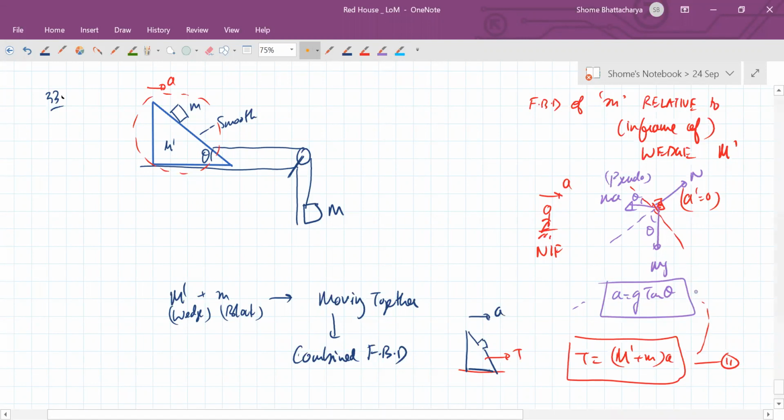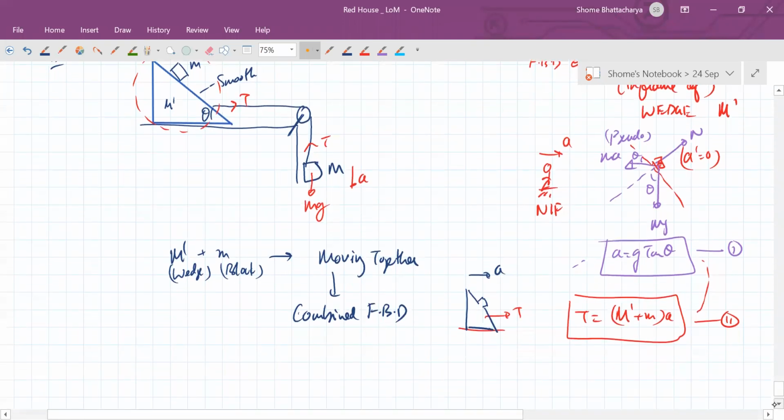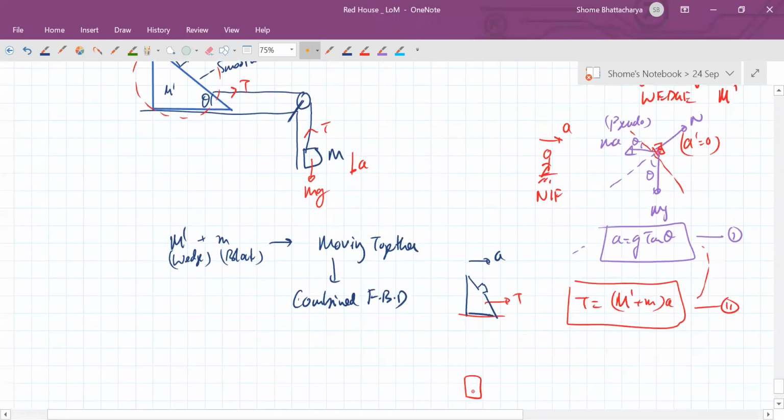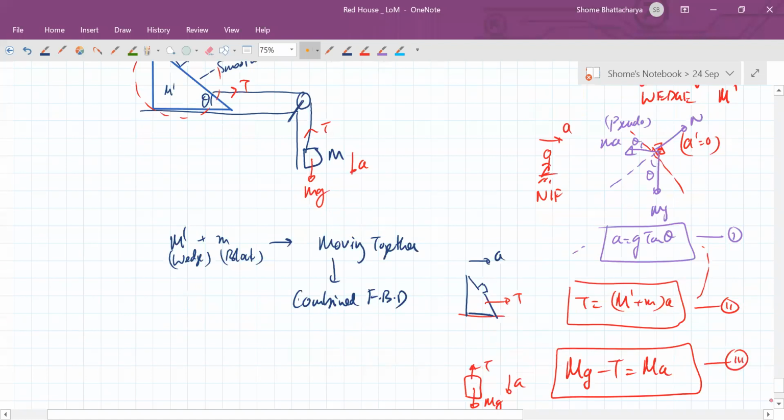And now you have to just find out how much mass you should attach here, so that, if this is going with A, like this is coming down with A. Okay. So there's this tension, and there's this one's mass. So for the third block, capital Mg and T should ensure that it has this. So capital Mg minus T should be equal to capital Ma. So this is your third equation.